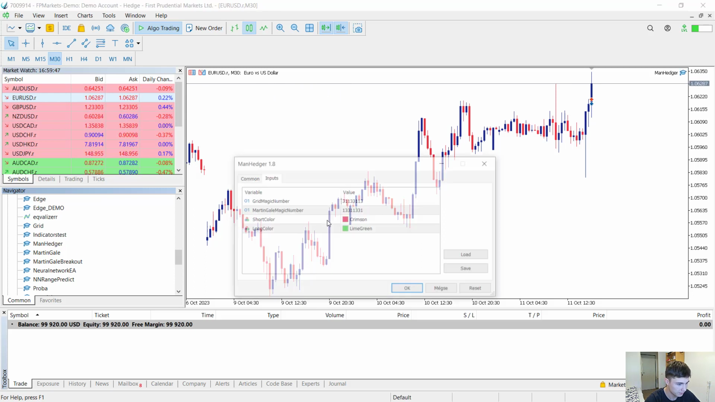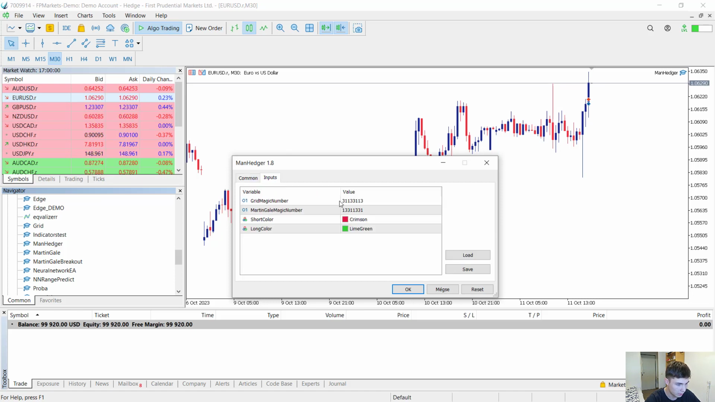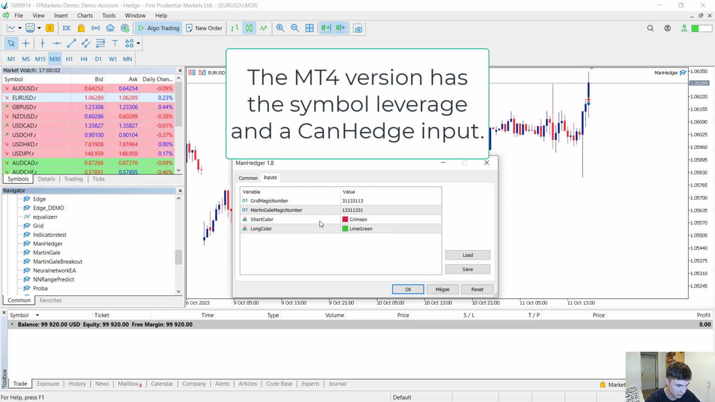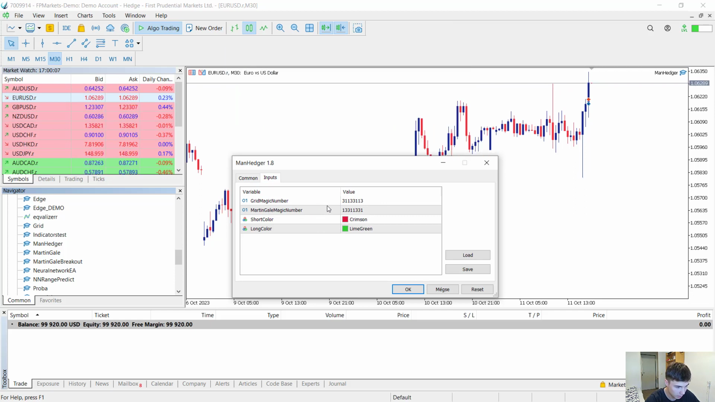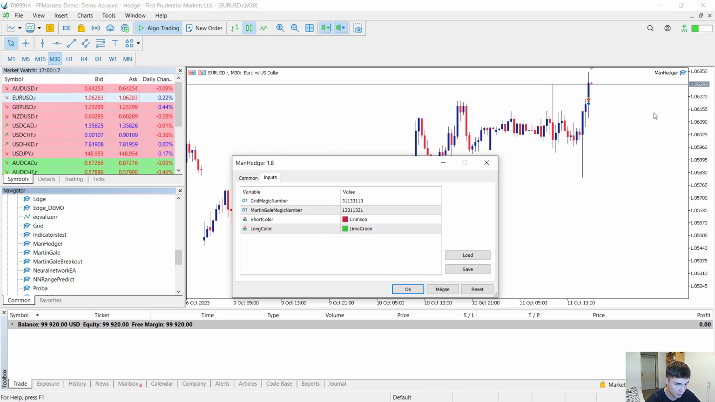Let's initialize the program. First of all, you have to allow algorithmic trading, and algo trading has to be allowed here for the expert advisor to function. There are no important input parameters. The grid magic number and the martingale magic number are just magic numbers which can help in distinguishing trades between different EAs, and the short crawl and the long crawl is just for the display of different type of strategies